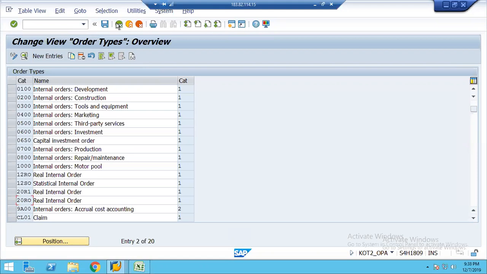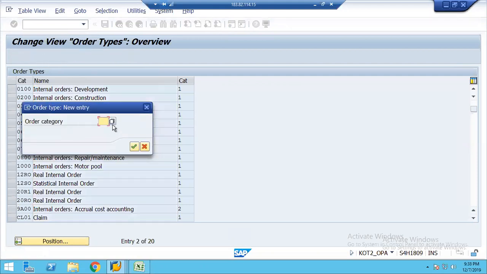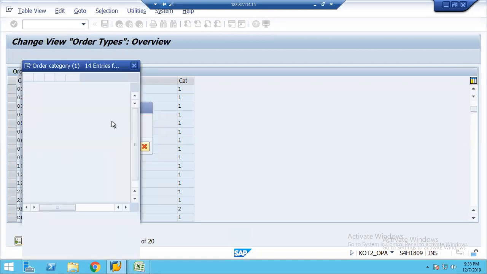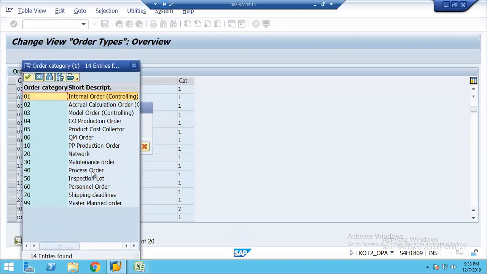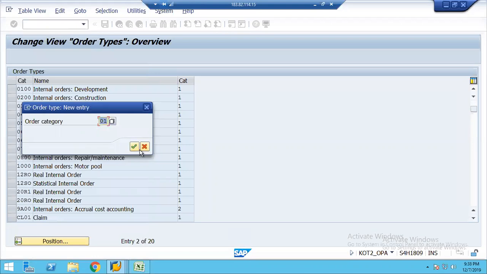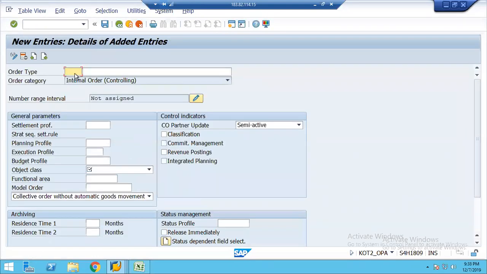So that we will be using the same thing for our COPA settlement. I'm just going into new entries, order category. This will differentiate what type of order type that you're going to create. Is that going to be an internal order, production order, QM order, or whatever? That is what it explains. So I'm just selecting 01, which is an internal order. Press enter. Now I'm creating an order type. I will say 2000 real internal order